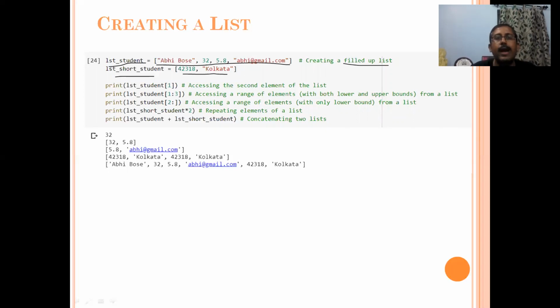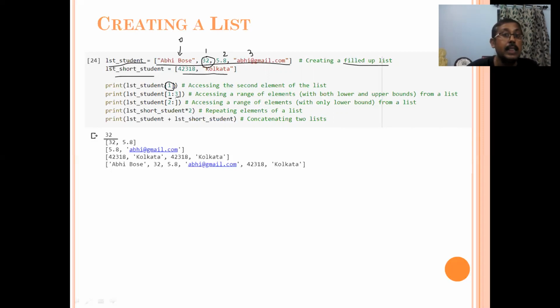But before that, how do you access the different elements? Say, for example, the indices are in the same way as we had seen in the case of strings. So this is the 0th index. This is the first. This is the second. This is the third. When I do an access with 1, that means the second element, this 32, is going to be returned. So 32 is getting returned. When I give 1 again, I start from the second element and go to the fourth element.